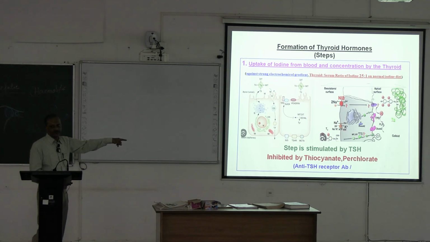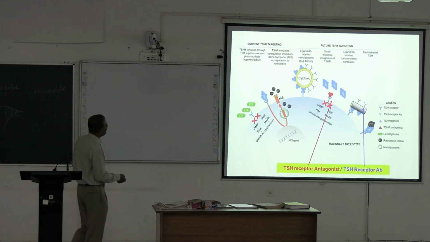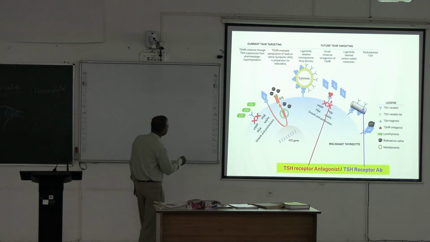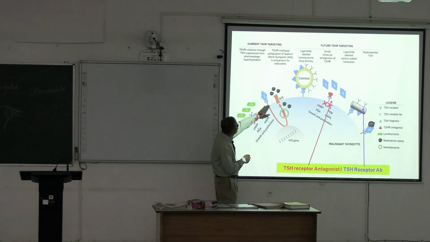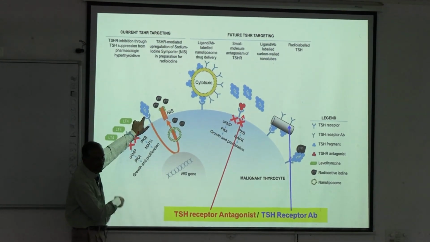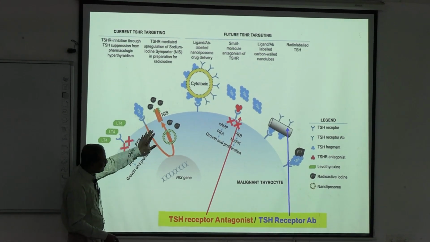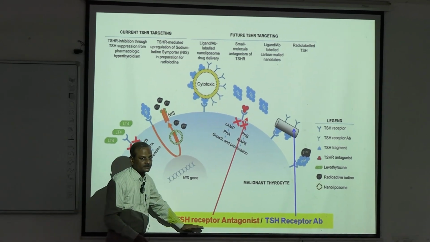Unfortunately, if you have an anti-TSH receptor antibody, then despite having TSH, TSH will not act on the thyrocytes and you will have an artificial crisis. If you see, this is the structure of the TSH, this is coming and on the cell surface it is interacting, there is a receptor. This is the receptor and TSH is coming and giving a signal, and that basically allows the iodine to be taken up. And now if you have a TSH receptor antagonist,